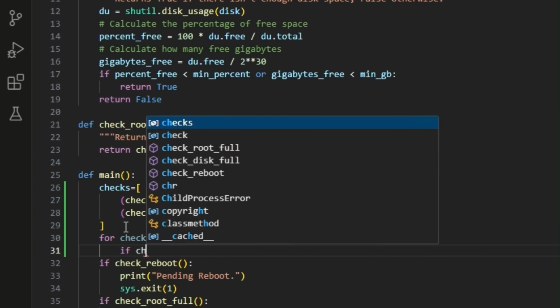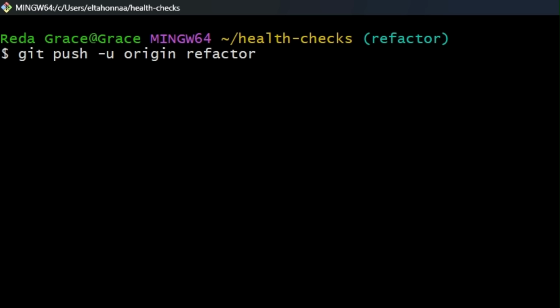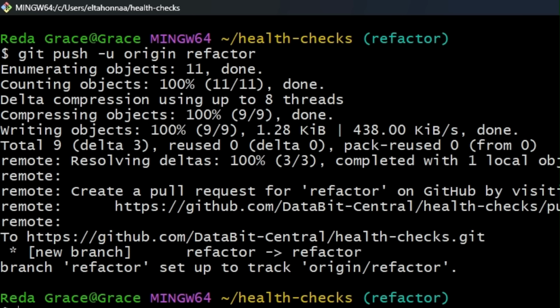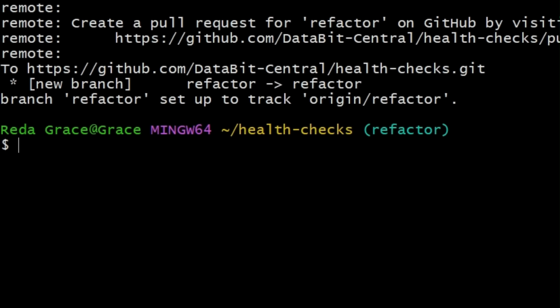We'll also have to say that we want to push this to the origin repo and that we're pushing the refactor branch. That's a lot of information that Git's giving us. It's telling us if we want, we can create a pull request. Now, we see that a new refactor branch has been created in the remote repo, which is what we wanted. So now that our branch is pushed to the remote repo, it can be reviewed by our collaborators. Assuming they say it's okay, how should this branch get merged back into the main branch?